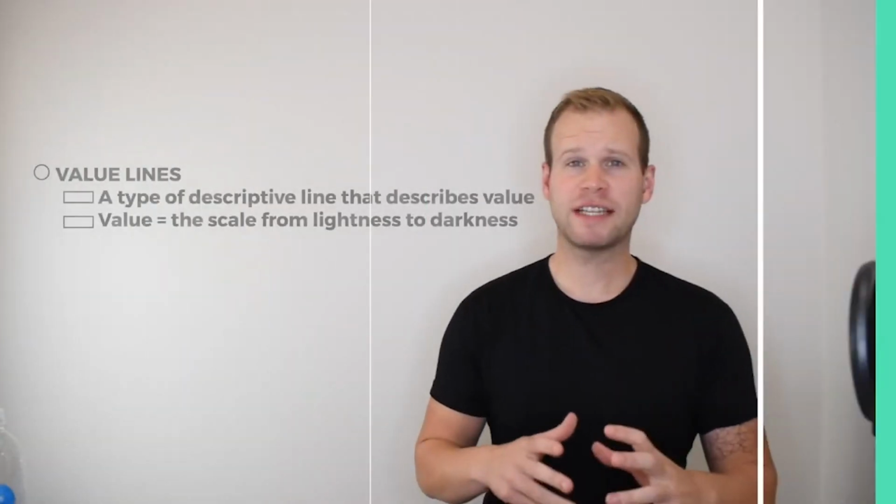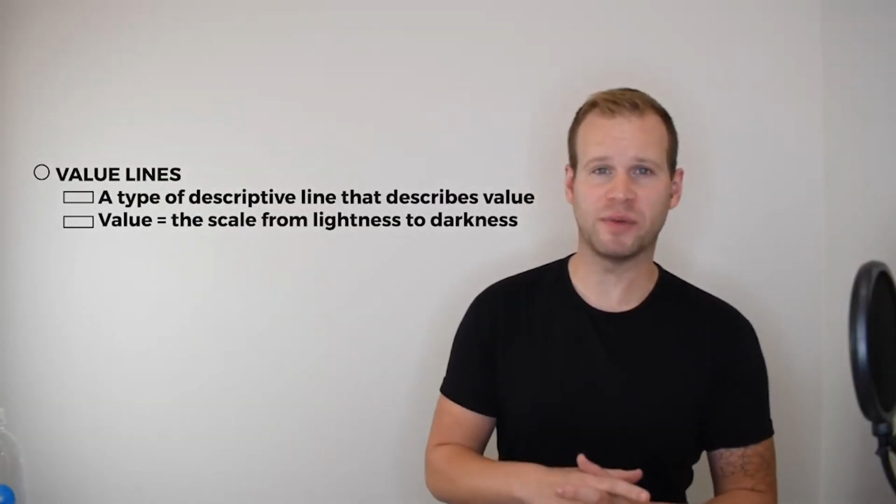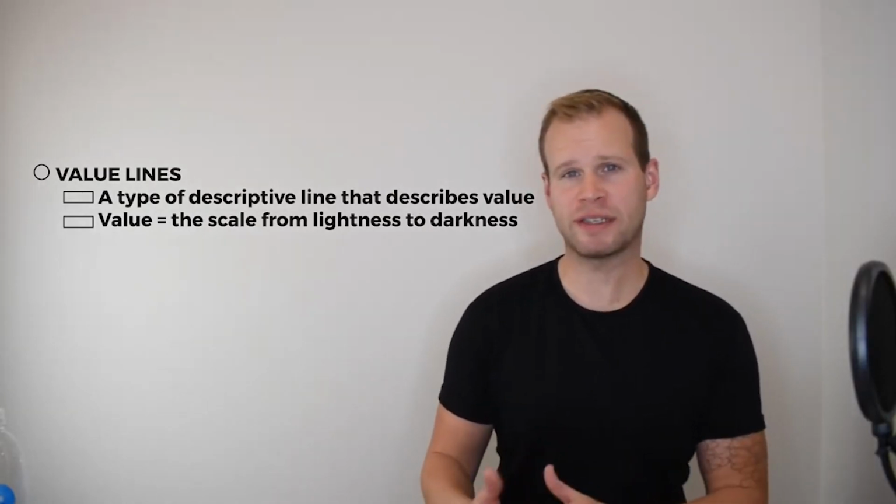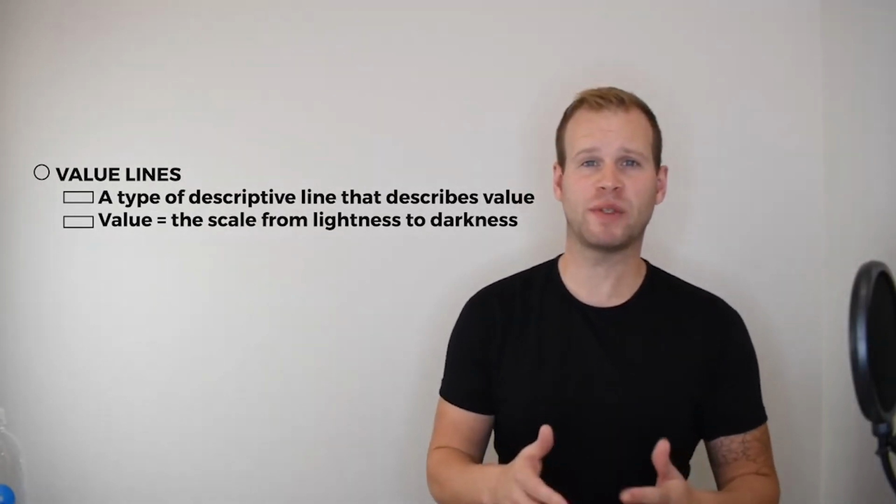I'm Mr. M, and today we're going to be talking about value lines. Now, value lines are lines that imitate the element of value, which is actually something we'll talk about later in this course, but all you need to know for now is that it's the gradation between light and dark. Now, there's a few value lines that are really particular that we need to talk about, and those are called